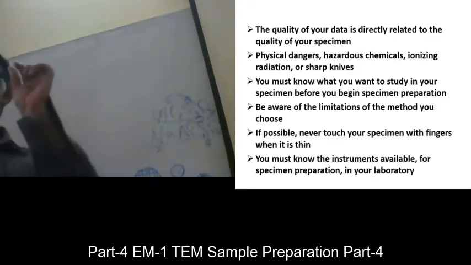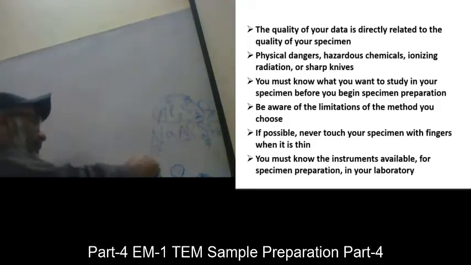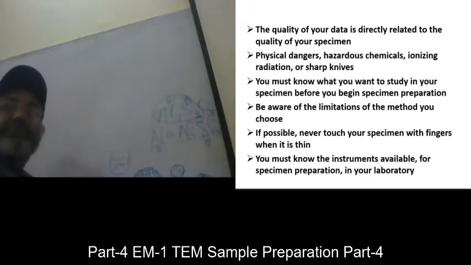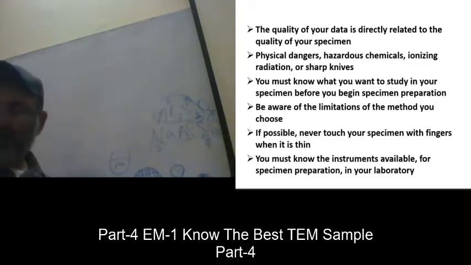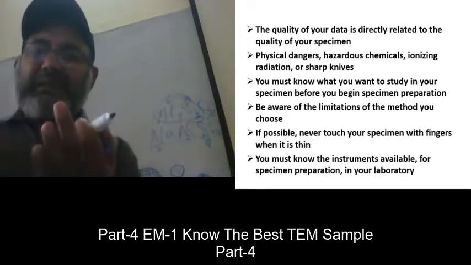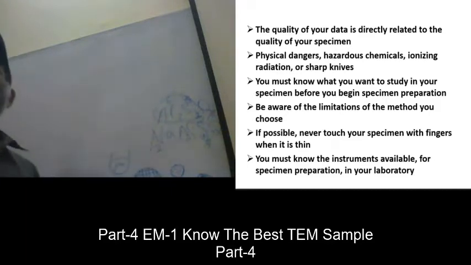You take the powder of your sample, very fine powder, and for example, you have a beaker filled with acetone. You put a little bit of powder. A little bit means 10 milligram is too much. You just pick a little bit of powder with the tip of the tweezer, and then drop it here. Put it in the ultrasonic vibrator bath, so that the particles are dispersed very well.